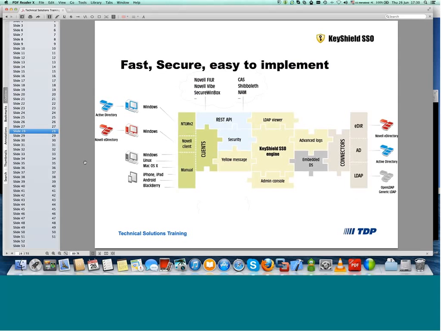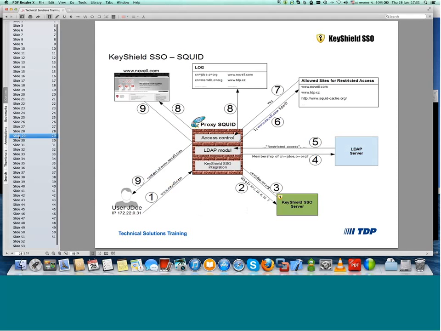So we have customers like universities. They use Shibboleth to work with EDU gain, and they use this to avoid any manual authentication. Here is an example how it can work with the REST API. It's an integration for Squid. We don't have only Squid, we also have a WebTitan, which is a Squid-based solution. And there is an integration piece of code which is asking who is the user, and then it works like Squid is working with